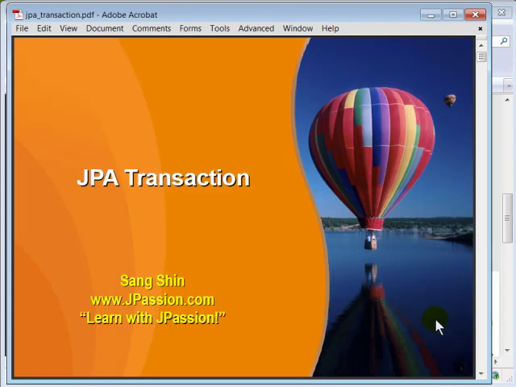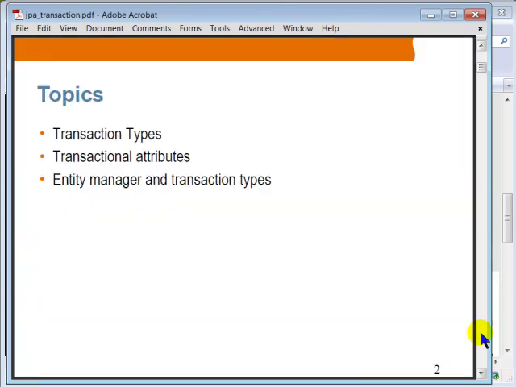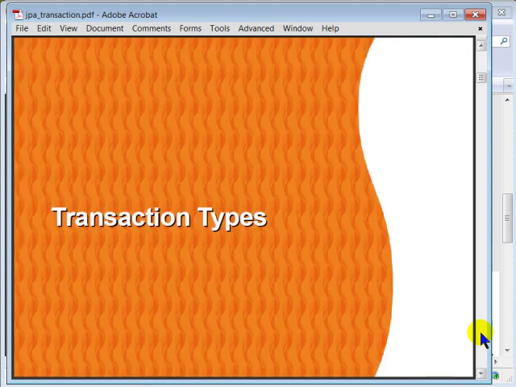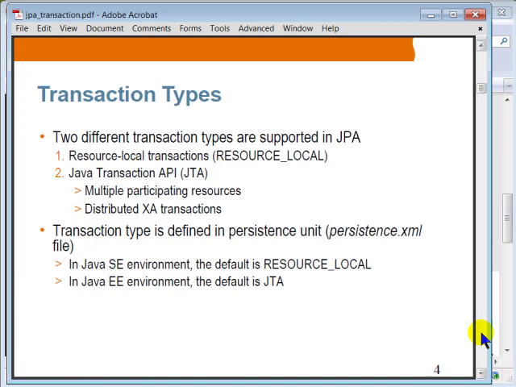So, JPA transaction. These are the topics that we are going to cover. First, let's talk about transaction types that are supported over JPA. There are two different transaction types that are supported in JPA. One is resource local transactions, and the other one is Java Transaction API,